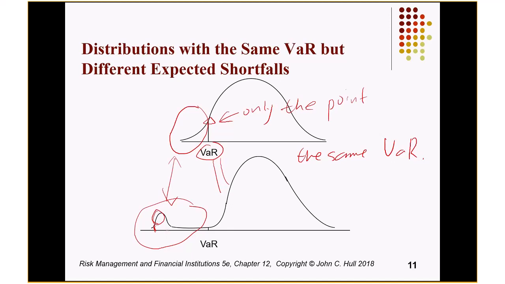Is that making sense? You can think about some examples. People worry about airplane travel a lot because even though, if you give them a 99% confidence interval, it will be very small, probably zero VaR. However, if there is a crash, the loss can be very big.